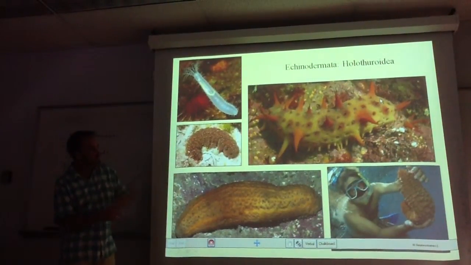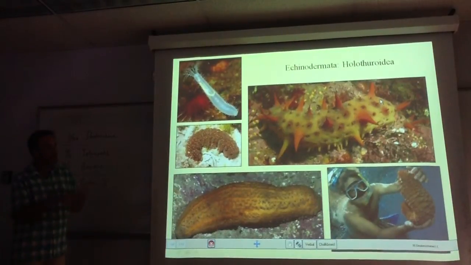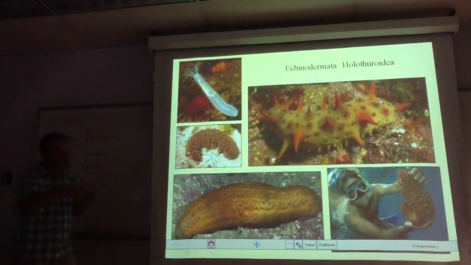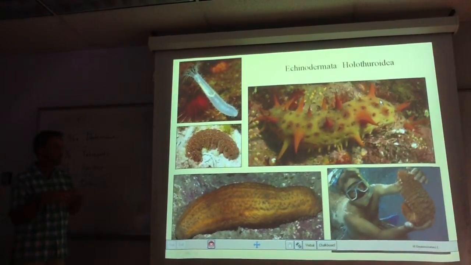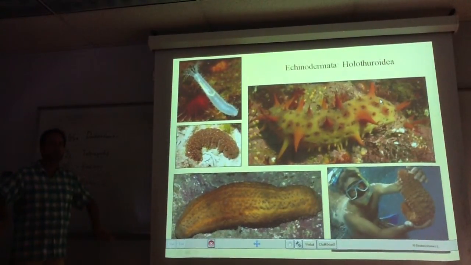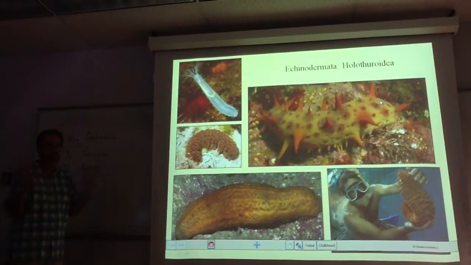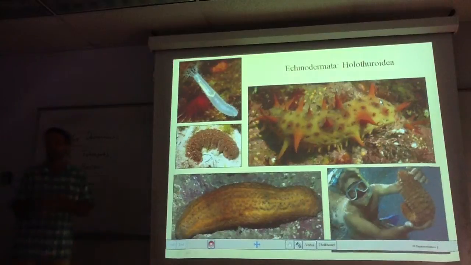One of the most interesting things to me about these guys is that they are capable, if they're being attacked or bothered by some kind of a predator, of taking all of their internal organs and they can actually spit them out through their anus and then just grow new ones later on. So they just kind of let whatever's bothering them eat all of their insides after they've spit them out through their anus, and then they just grow new ones on the inside. Just walk away like nothing.